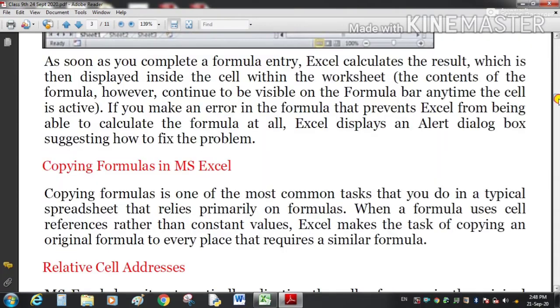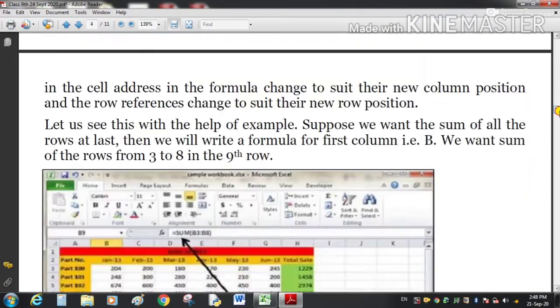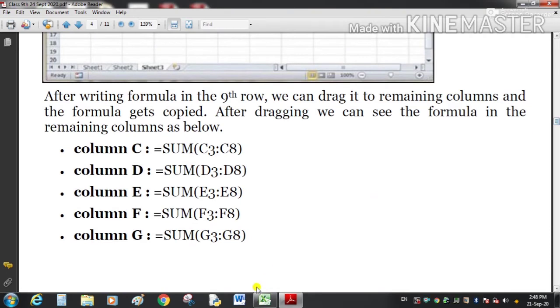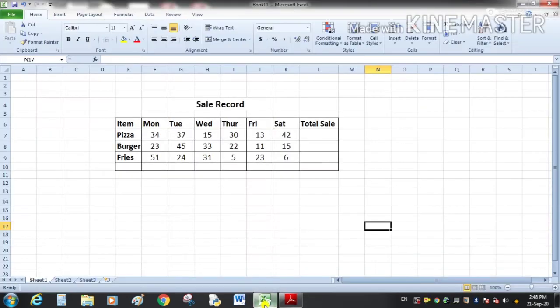Now we will do the practical of the same. Here I have an Excel sheet, Sheet1. I have written some sale records here.